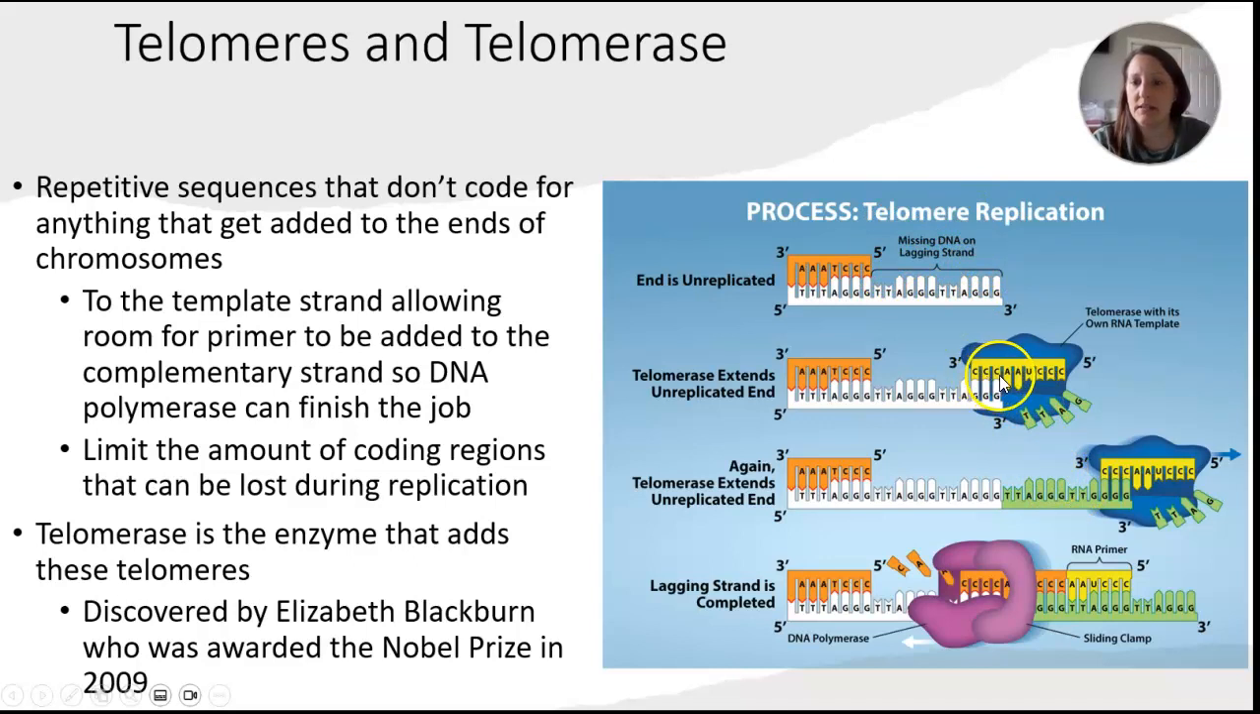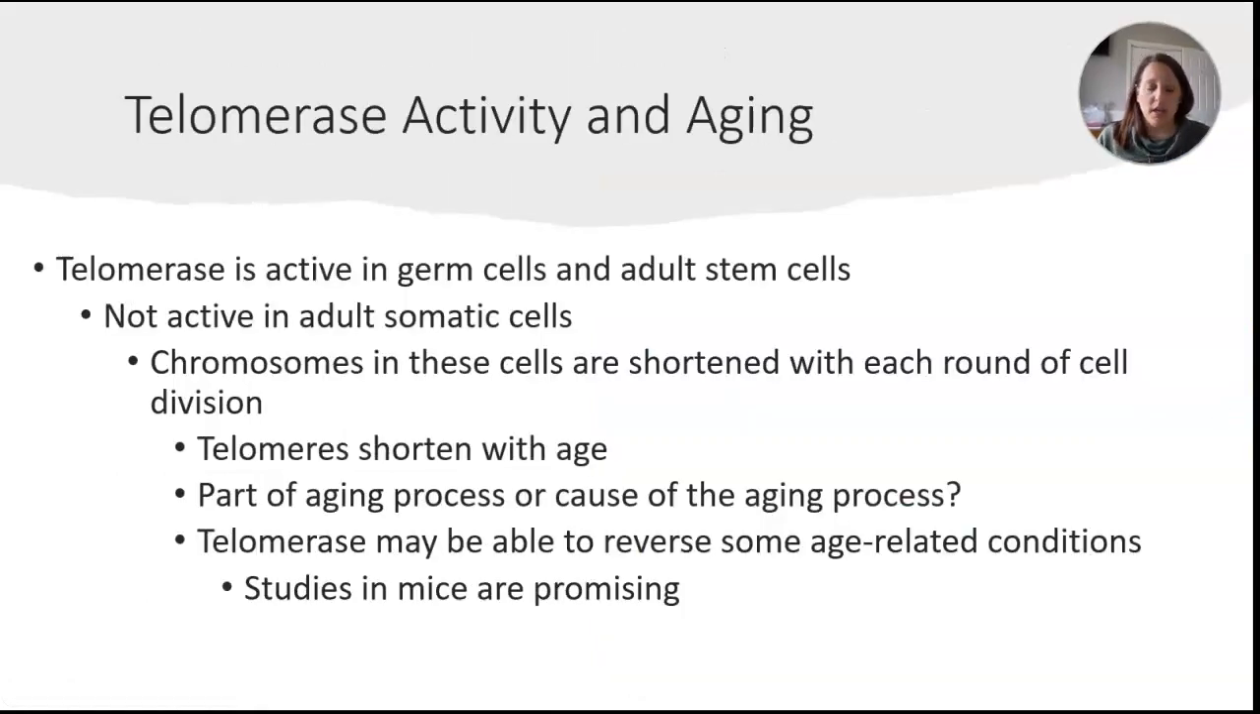It's very repetitive. C, C, C, A, A, U, C, C, C, A, A, U, C, C, C, A. So we're laying down repetitive bases here that don't code for anything. But again, the reason for that is so that we preserve coding region and we don't lose genes. So what we found, and again, this is only present in eukaryotes, not prokaryotes. We found that telomerase activity is really active in germ cells and in adult stem cells, so embryonic stem cells